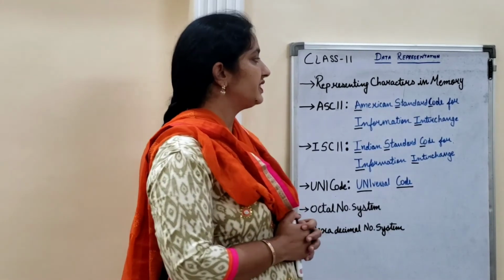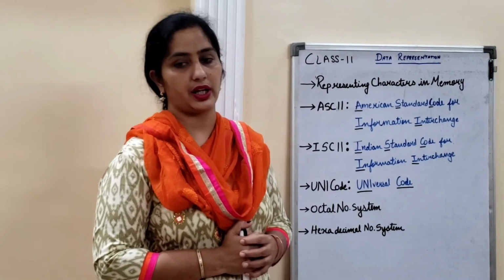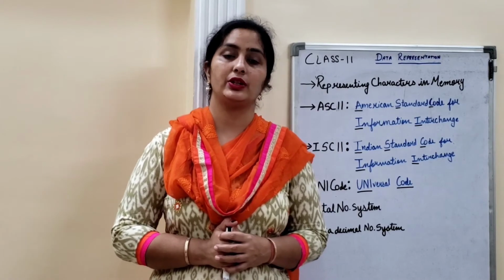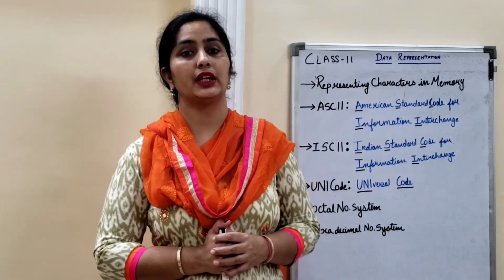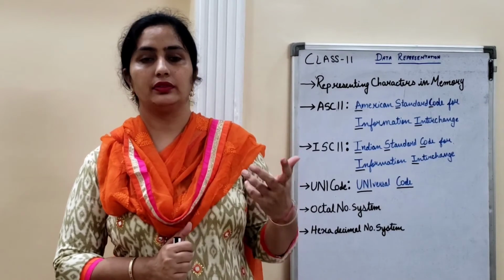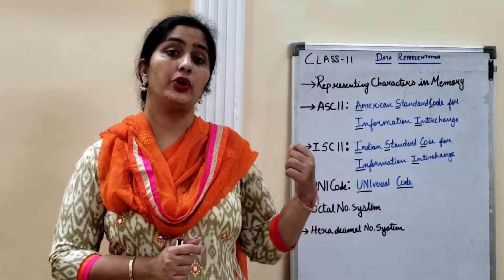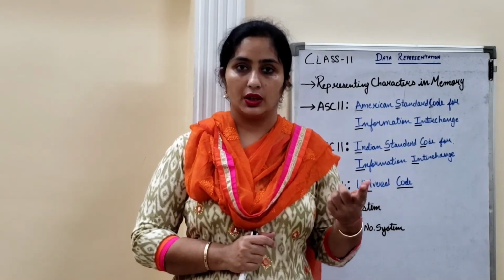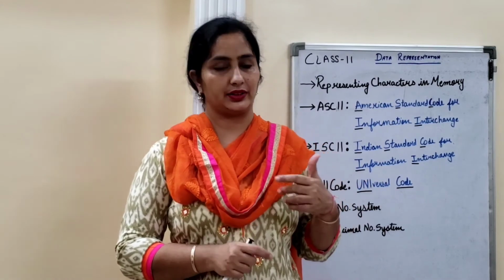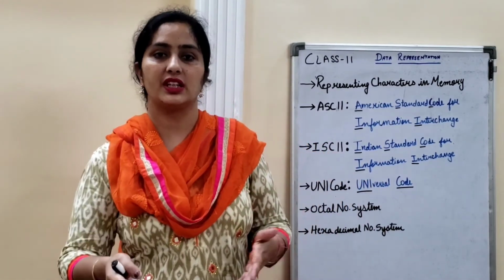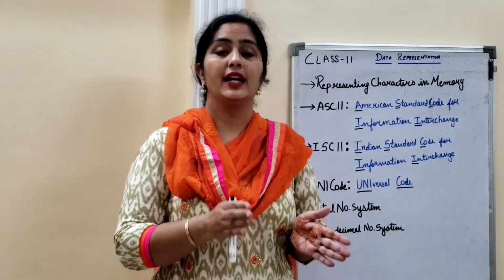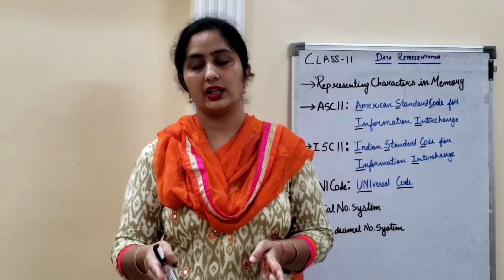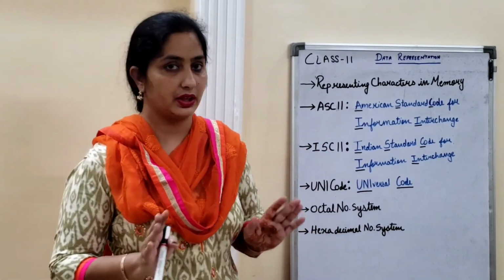Now, how you can represent characters in memory, whatever the things we are writing. I hope you all remember that I told in my previous video, whatever the characters you are going to press in the keyboard, whether A, that is 65. So now you know that 65 is a decimal number, and how you can convert it into binary number, that you all know now. So that computer converts when you are pressing capital A. If you are pressing small a, in that case computer will get the code 97, which again will be converted into binary number, because computer only understands the binary numbers.